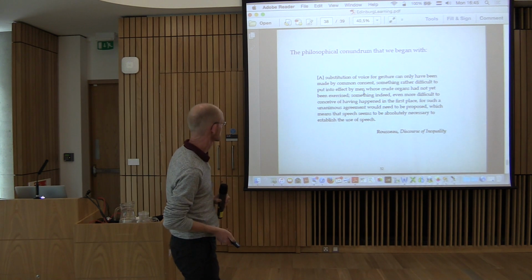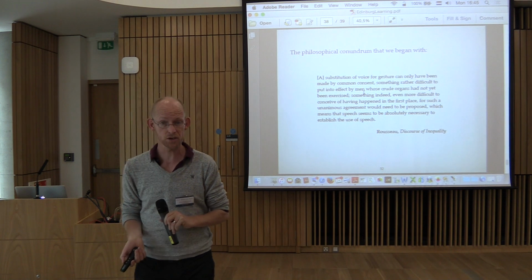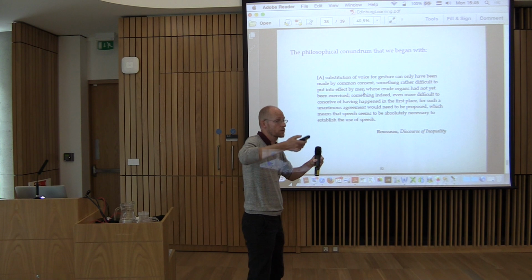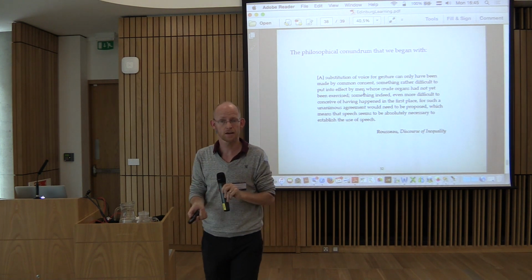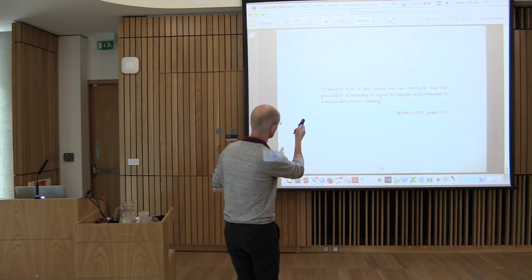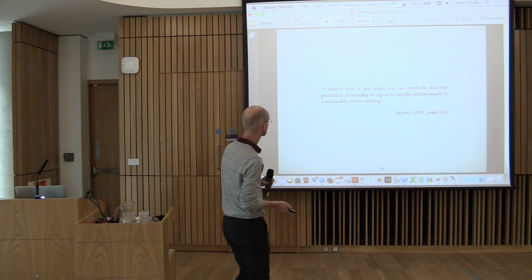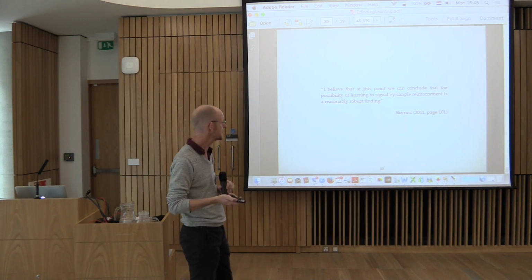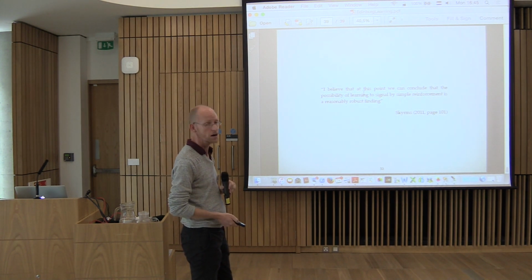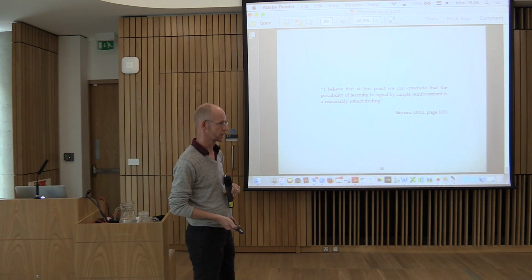And he also thought about meaning, but he has some doubts about whether meaning can arise from evolution, because he thought of a convention arising by explicit agreement. But how can they arise by explicit agreement if they don't have a convention yet, right? But then Skyrms, doing all this analysis, says, "I believe at this point we can conclude that the possibility of learning to signal and meaning by simple reinforcement is a reasonable and robust finding." So, meaning can evolve from evolution and from individual